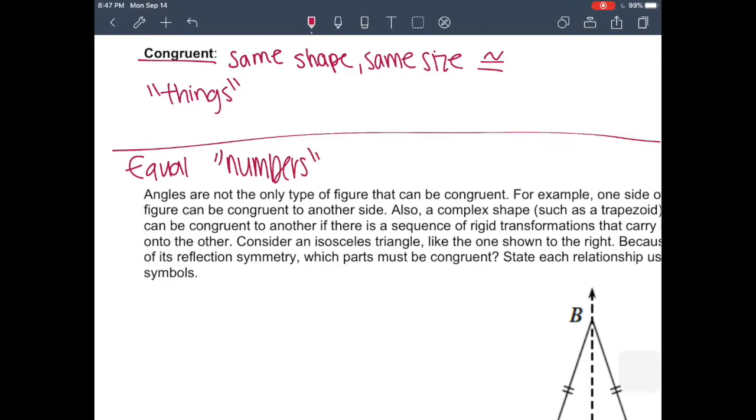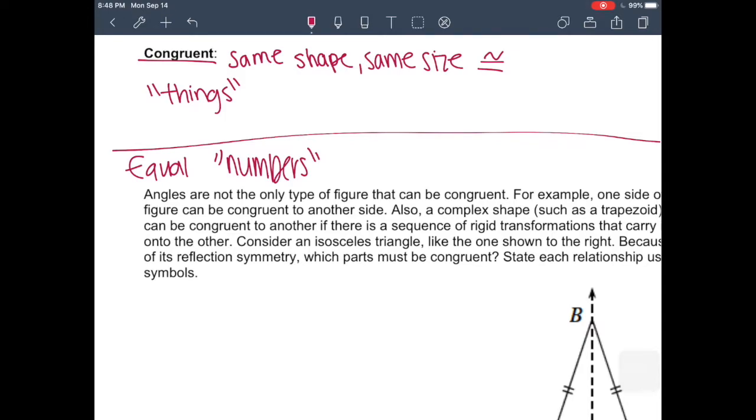So congruent is saying like, hey, this shape is the same shape and size as this other shape. So like this square is the same shape and size as this other square. But when I say equal, I'm talking like the perimeters are equal or the areas are equal. So you can talk about numbers, which would be equal, or you can talk about things, pieces, parts, and that's congruent. Yes, things that are equal would also be congruent, but like